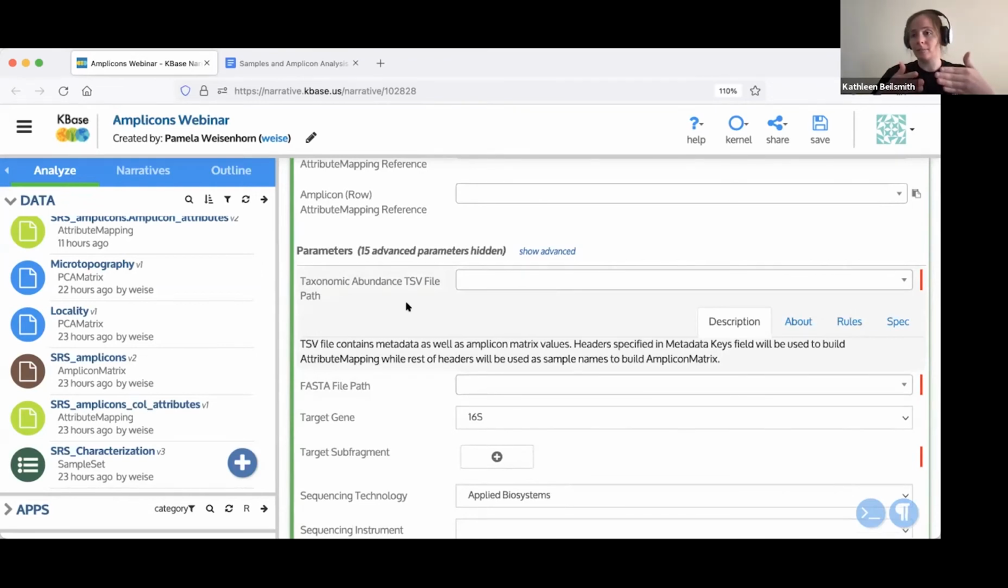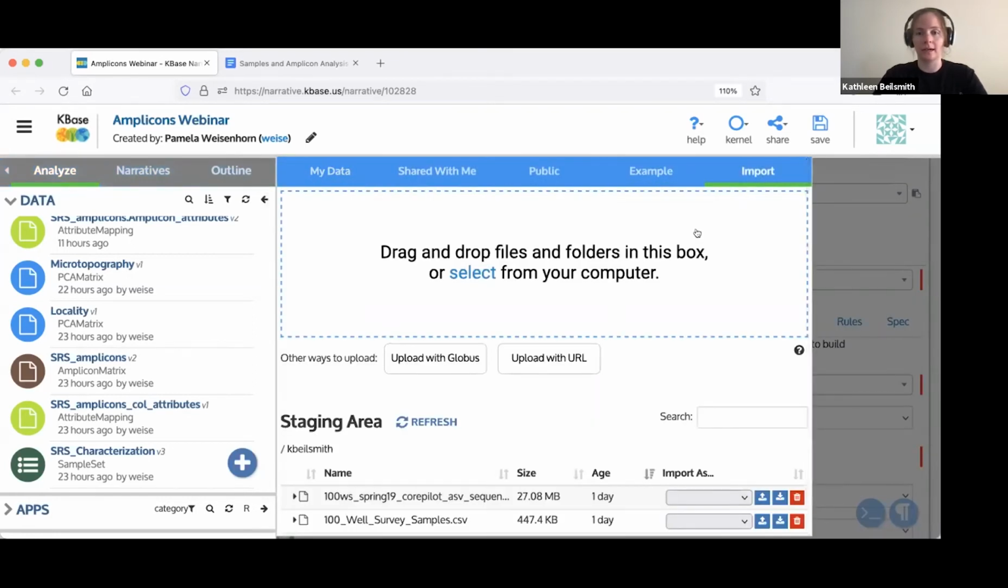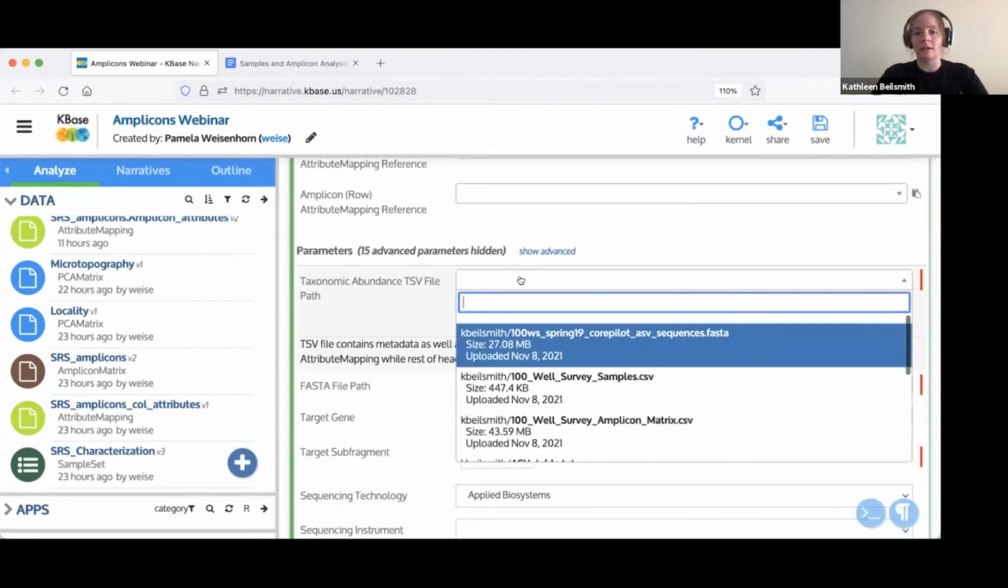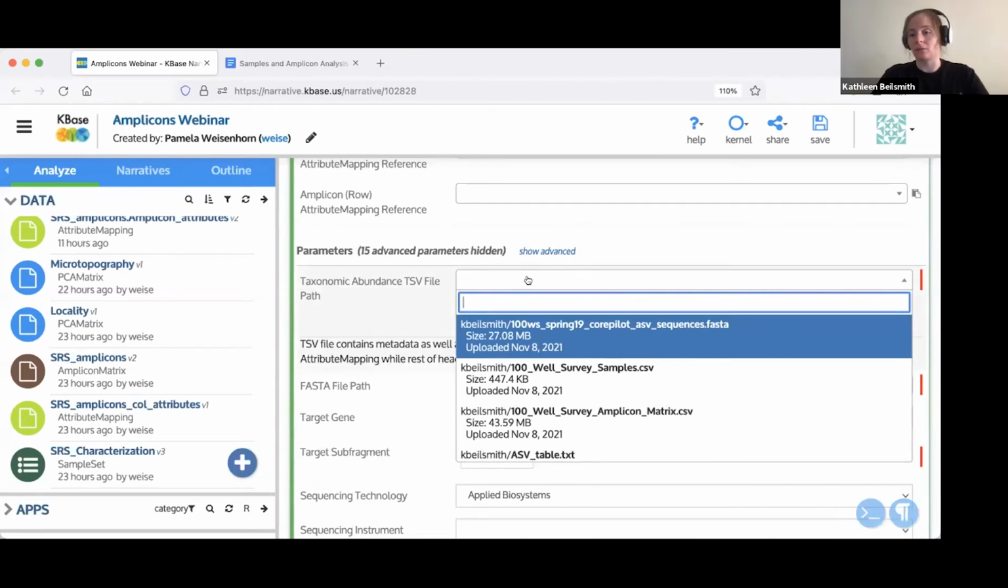a tab separated value file that's going to contain the samples as columns and the taxa that we're looking at as rows. And it's going to have the counts for each taxon in each sample. And we're going to upload this from our staging area. And so if you come over here to the data pane and click this little arrow and go to the import tab, this is where you would drag and drop your files from your computer or upload from the web to get the Amplicon count table into the staging area. And once it's in there, it will be available to you in this drop-down menu, so you can select your